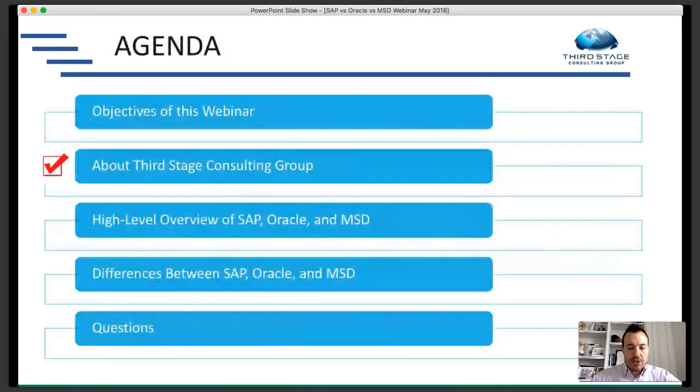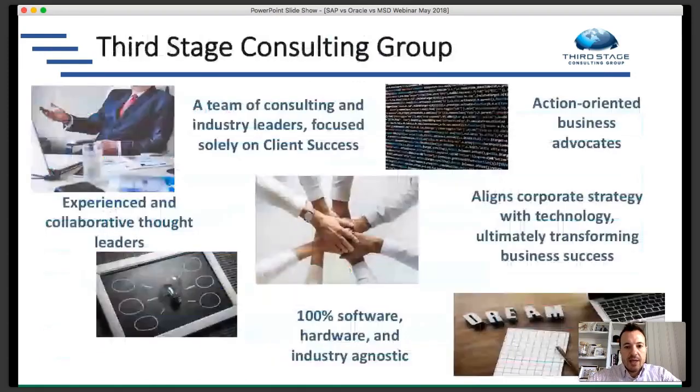So a little bit about Third Stage Consulting Group before we dive into the details of the session. We are essentially a 100% technology agnostic consulting firm that helps clients with their digital strategies and their digital transformations.